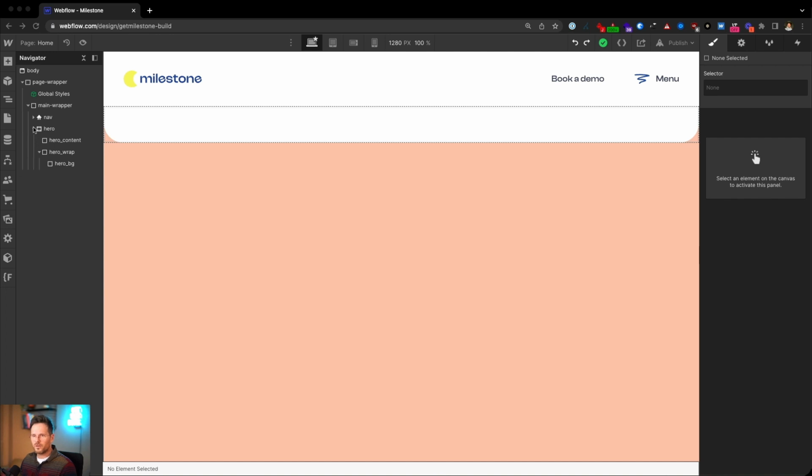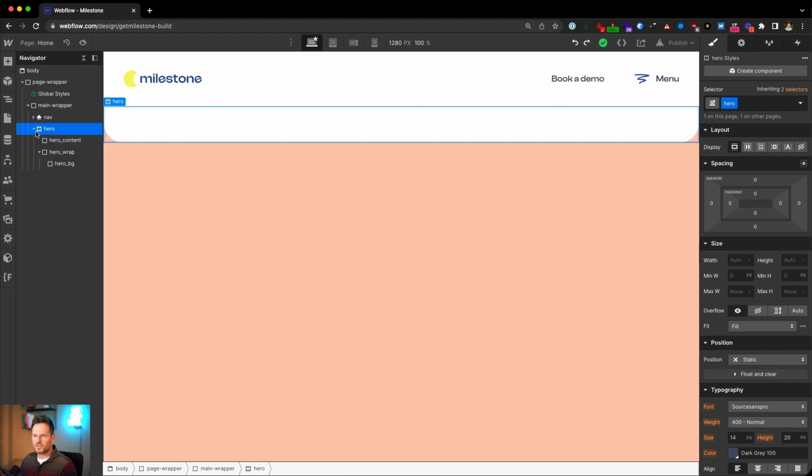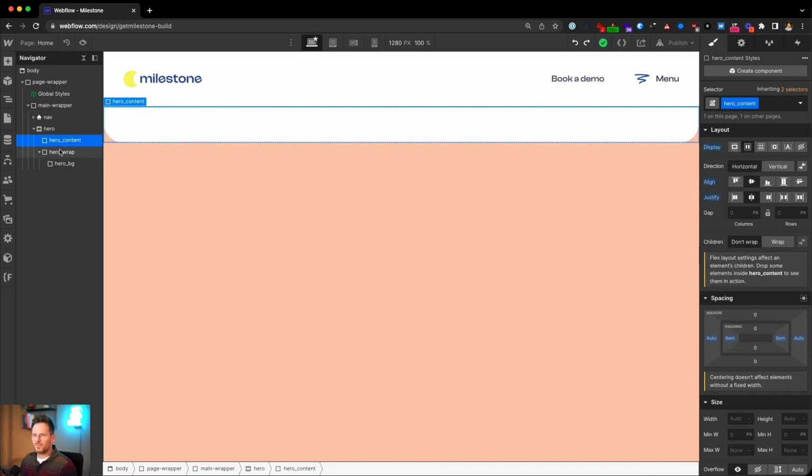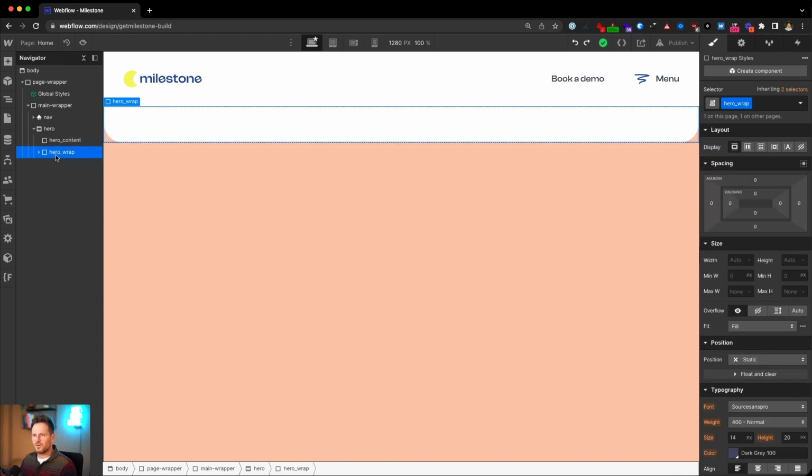So back to Webflow, we have the standard setup for our hero section. We have this section with the class of hero. We have a hero content div, a hero wrap div, and a hero BG that I already prepared.